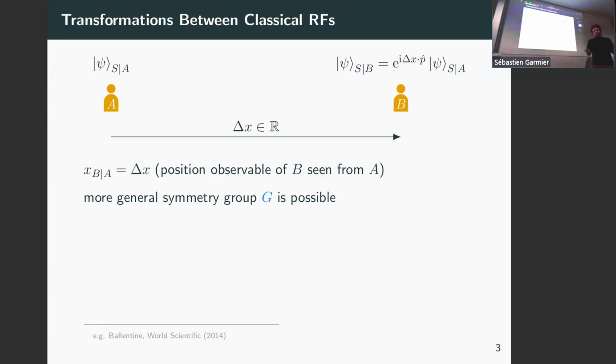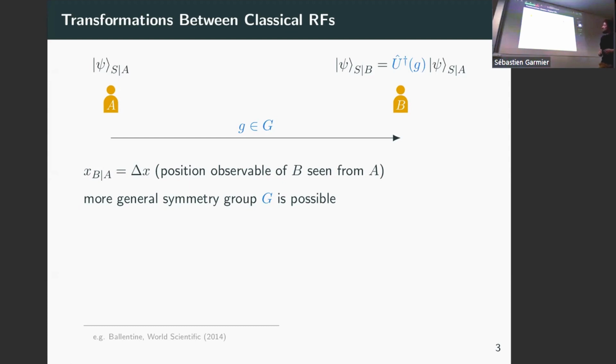For the case of translation, we just had the example. In the case of rotations, it might be that your frame is some kind of pointer in space, and you want to see how something is oriented relative to this frame, so I compare it to the frame and I can find the relative angle. Now the group of transformations is the rotation group. So what changes if I replace translations with a general G? Well, first of all, this delta x becomes a G. It's now the transformation that one has to do to get from Alice's situation to Bob's situation.